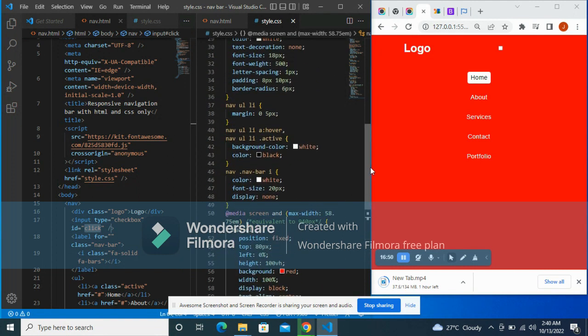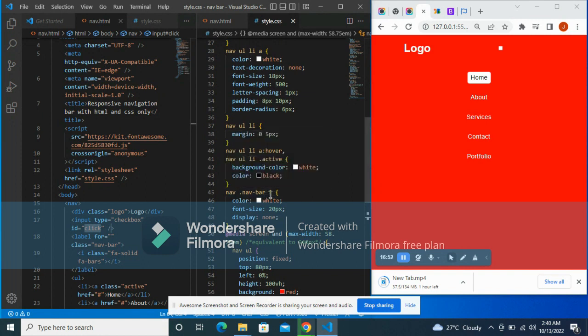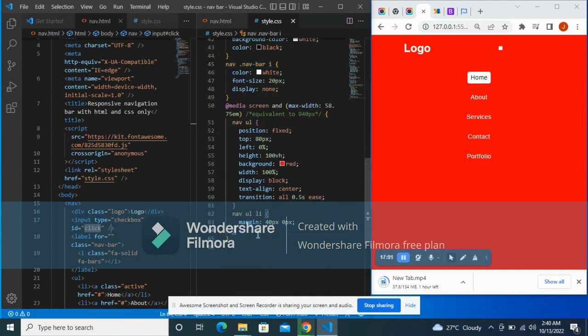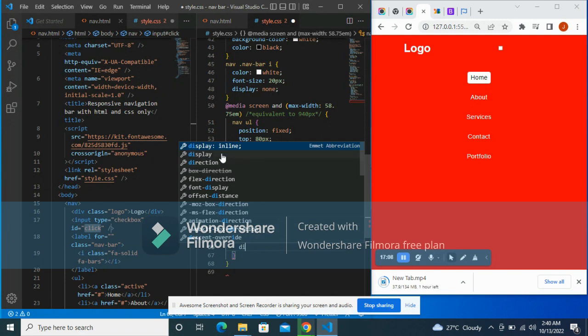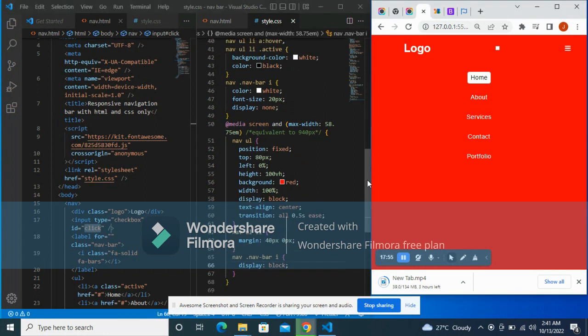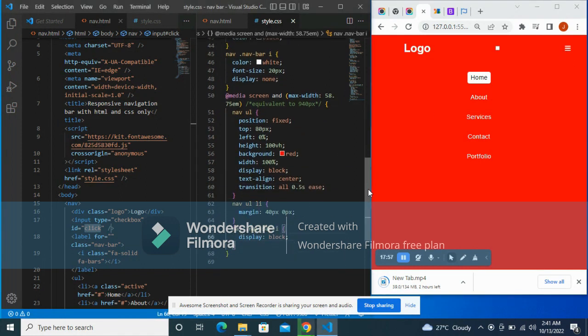To display this navbar here, you have to make it visible. Let's copy, paste and then style it. Give it display of block. Display of block. That shows that the media query works. Okay, here it is. So after that,